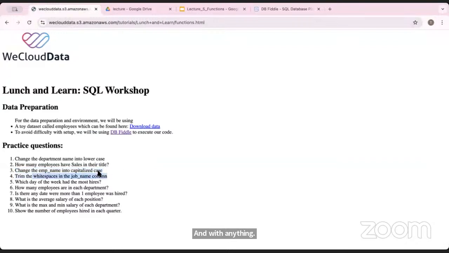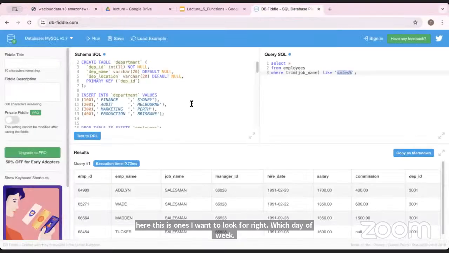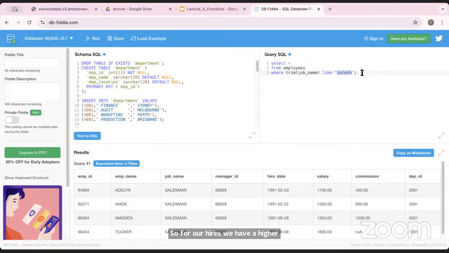So that's the next one, but we'll just skip that one, right? So we can just use trim on job name column to just get the name itself. Okay. So here, this is ones I want to look for, right? Which day of week had the most hires? Okay. So for our hires, we have a hire date. Okay. So we can do